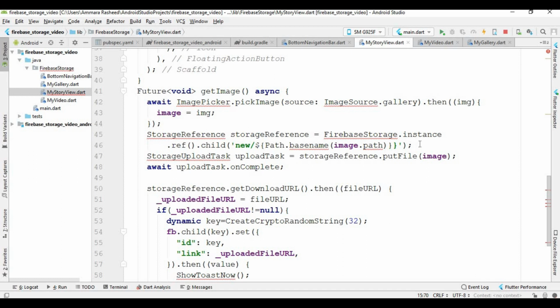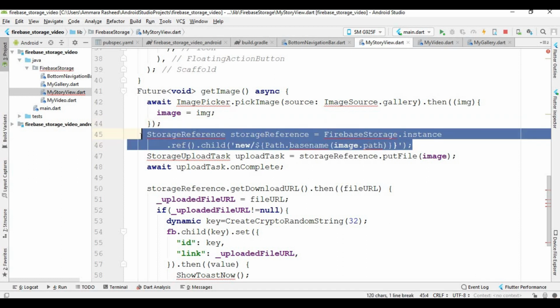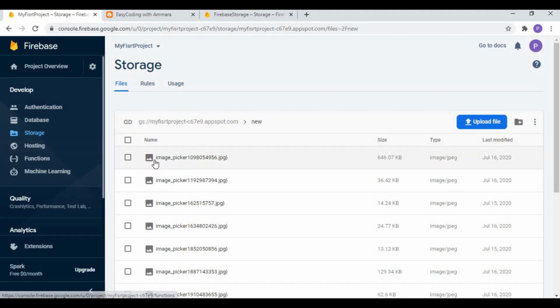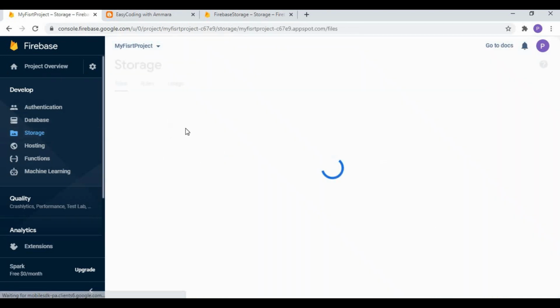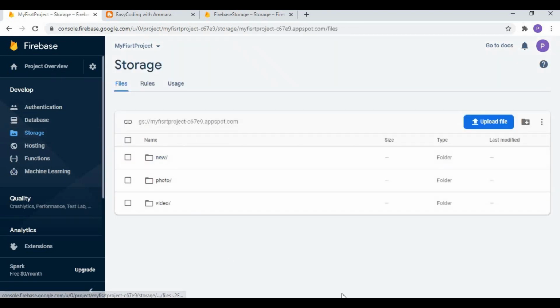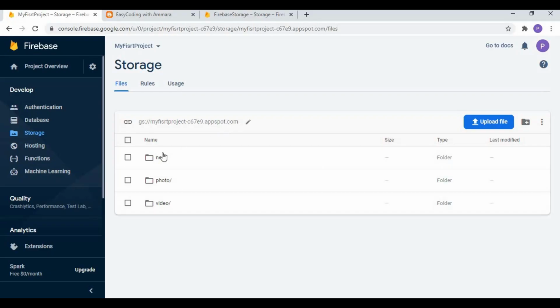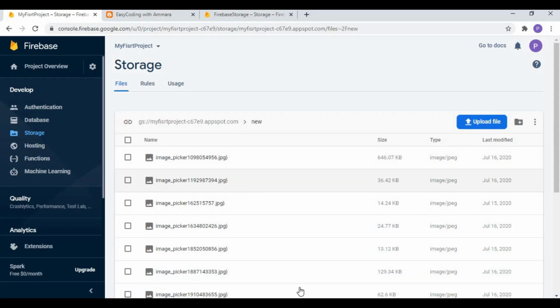So first check this code. This line of code creates a folder which is new inside the Firebase storage. Okay, and after creating this new folder, it creates a path which is like this. So this is the path which is created by this line. So first this folder is created which is new. Okay, so by writing this code, it creates a folder, and after that by using this code, it creates a path like this. When you click on this, so this is the path, and